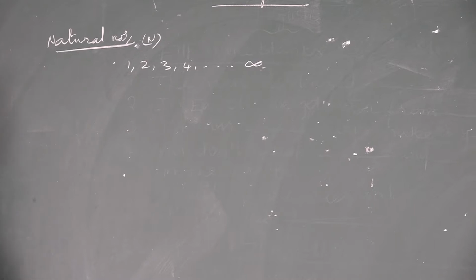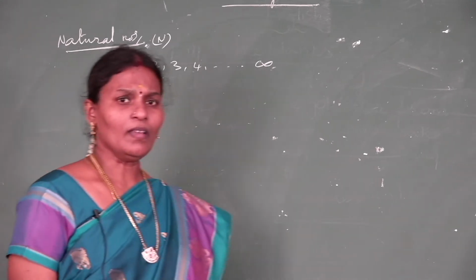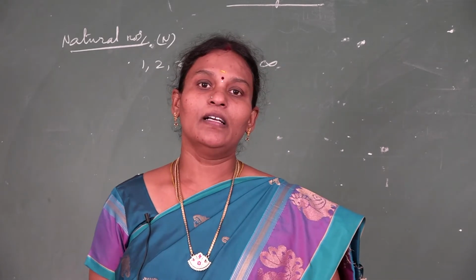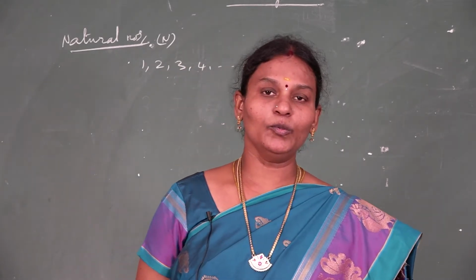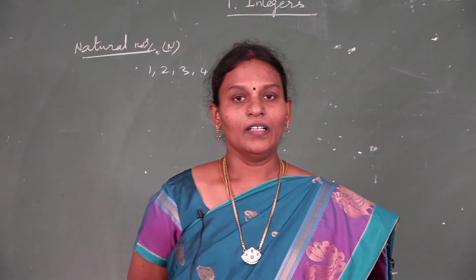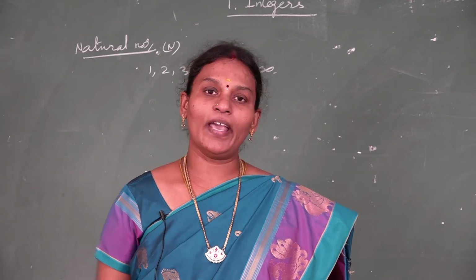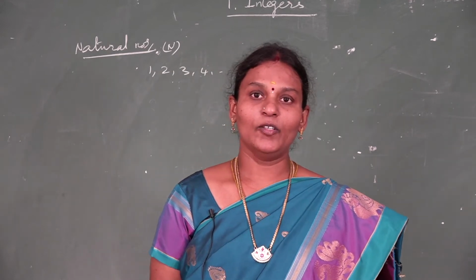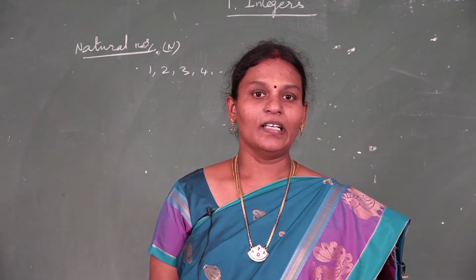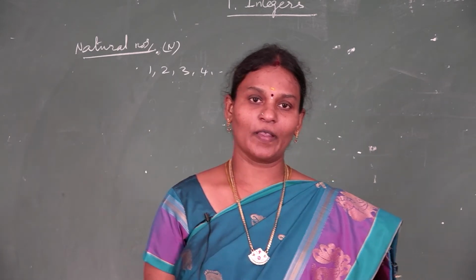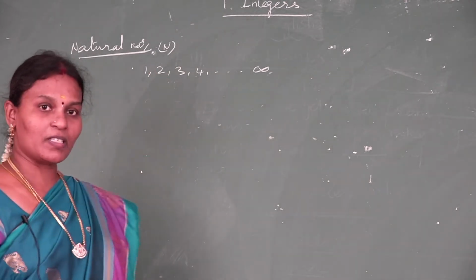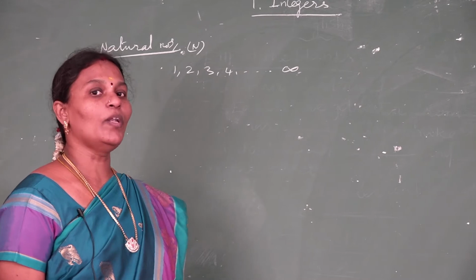Okay? Now we see the whole numbers. I had 500 rupees. I spent the full amount to purchase some groceries. Okay? So how much do I have now? No money. Empty. So that is represented in numbers as 0. This 0 is included with the natural numbers. That is called whole numbers.